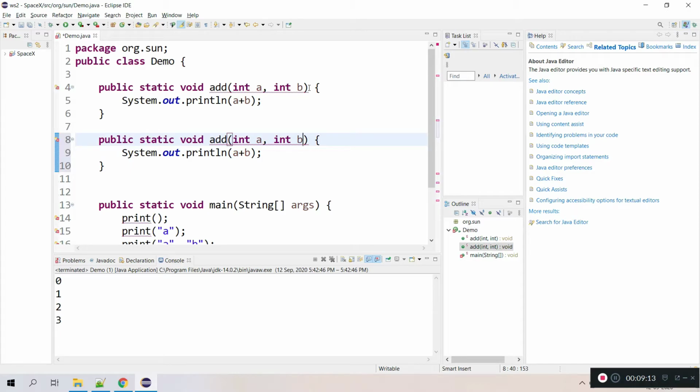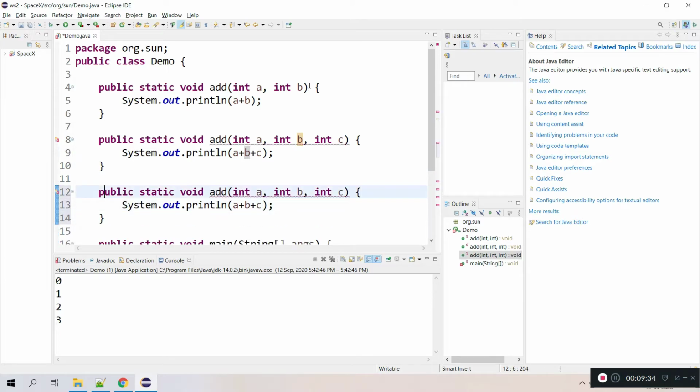I have to overload the method and include a new variable, and just add the value. So to incorporate the third variable, I need to create an entirely new overloaded method. And if I have a requirement to pass one more argument, then I need to incorporate a new method which takes one more argument like this.